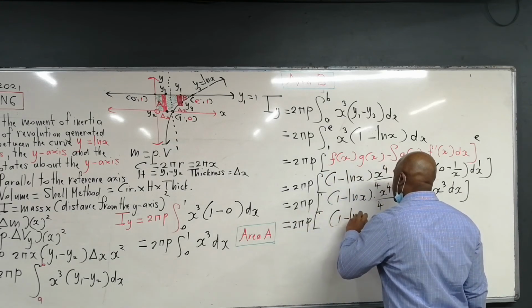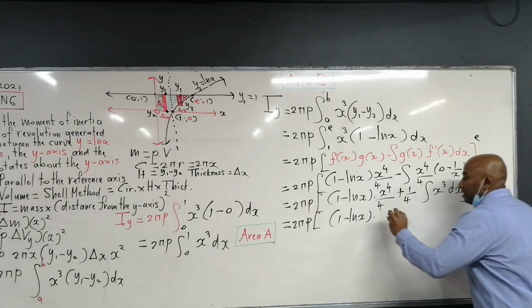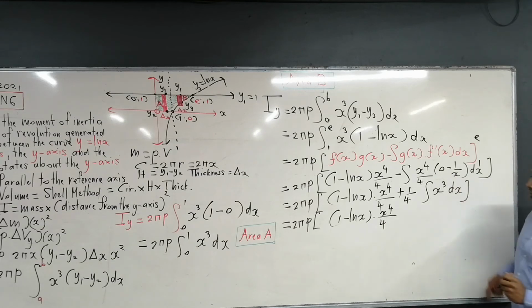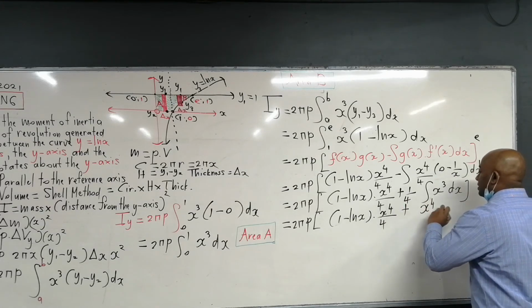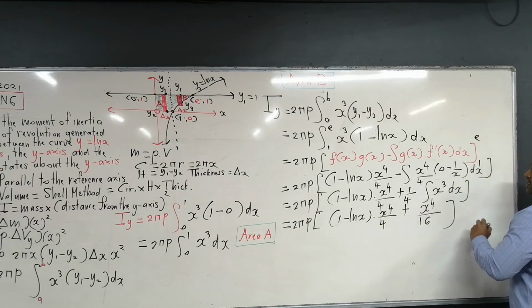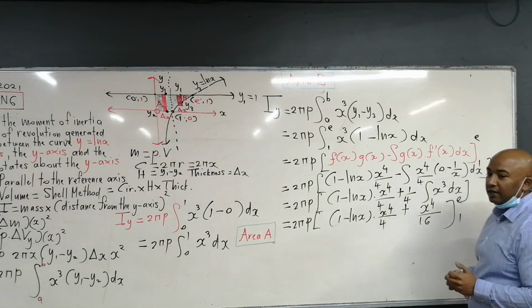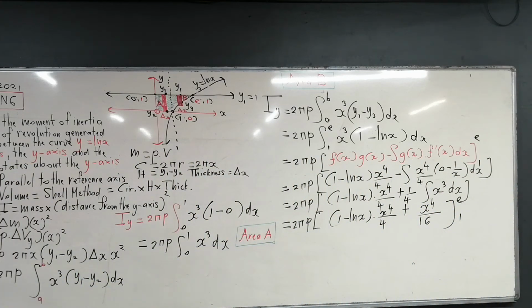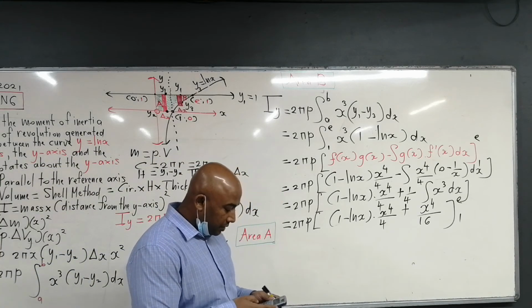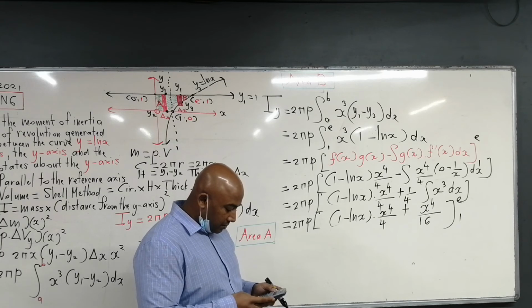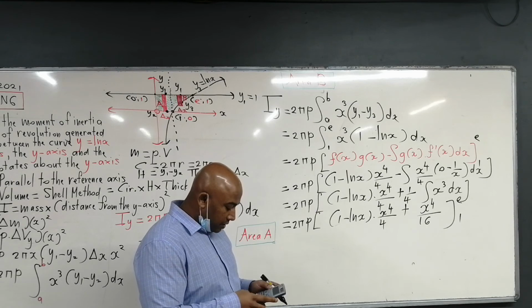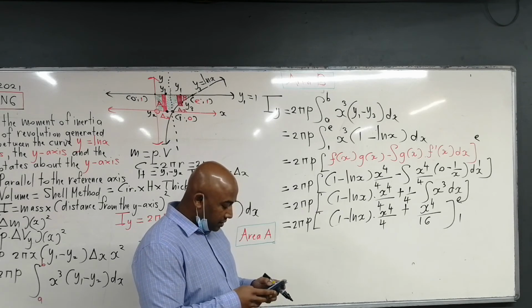So that is 1 minus ln x times x to the power 4 over 4. Integrate this, x to the power 4 over 4 also. And now let's substitute e and then 1. Let's see what we get. Send me the advanced calculator. Right, so we got 1 minus ln 1 minus, so that's 1 minus ln of x times